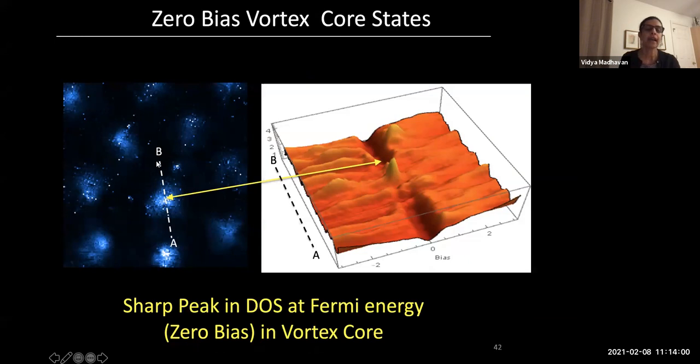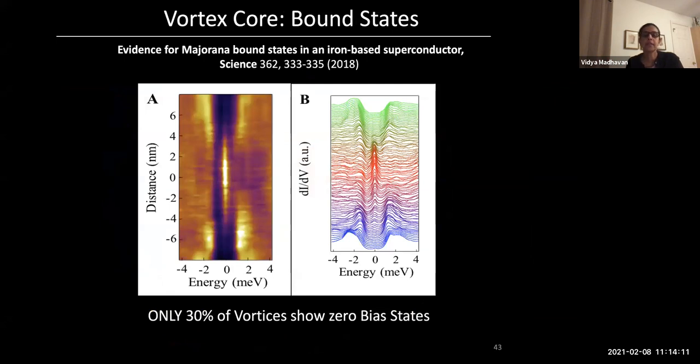So if you take a line cut across one of these vortices, you do see this sharp peak in the density of states right at the vortex core. So we were not the first people to do this experiment. In fact, this experiment was done in 2018. And what they showed is that